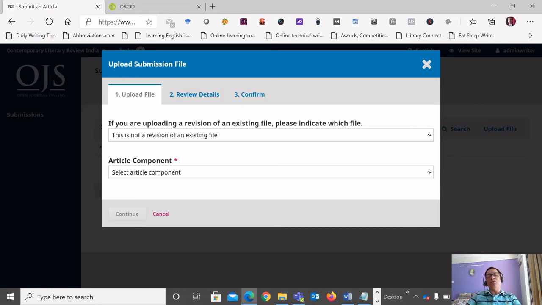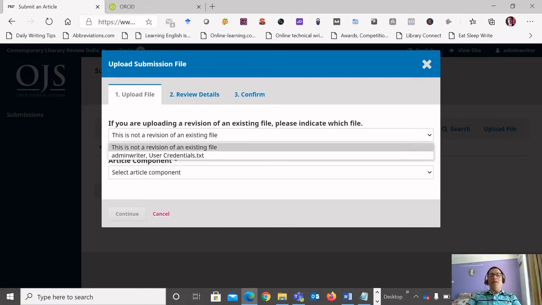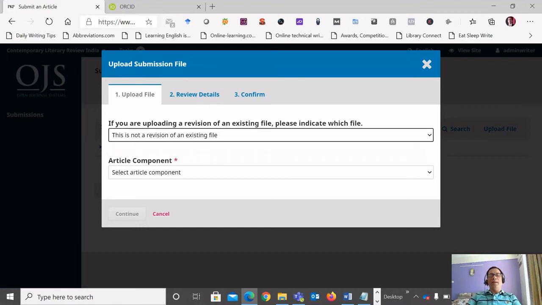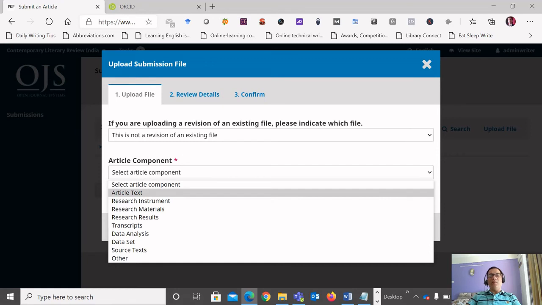I am adding a new file, so I will say this is not a revision of an existing file. Because if I select that option, then the latest file that you are uploading will replace the older one, which means the older one will be deleted. So I have selected yes, this is a new file, and then